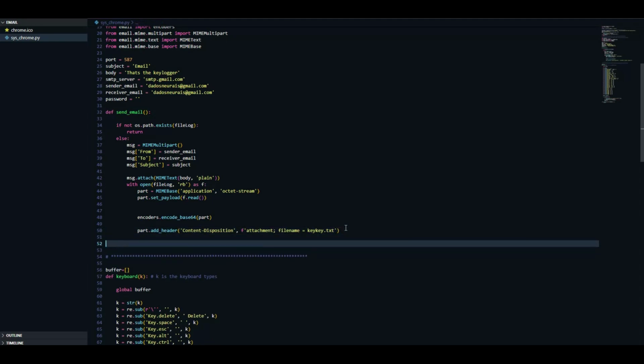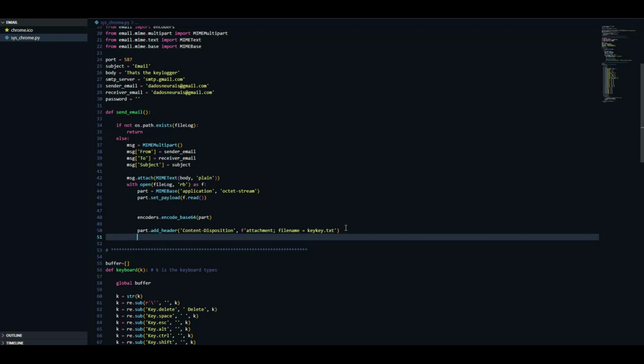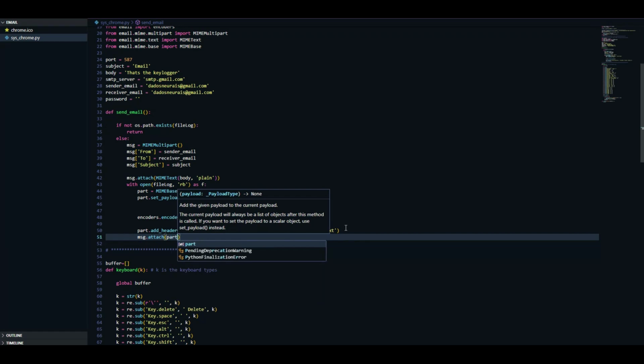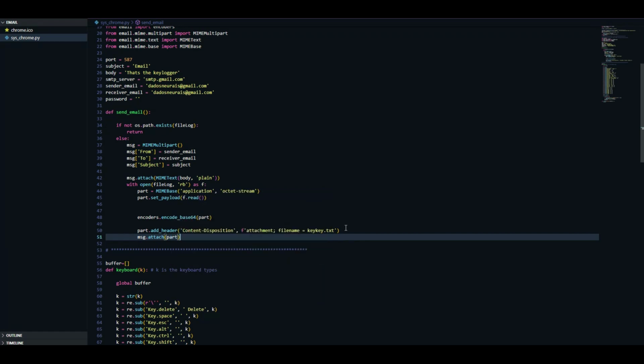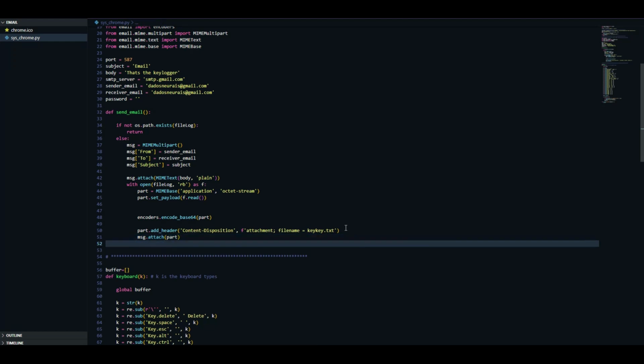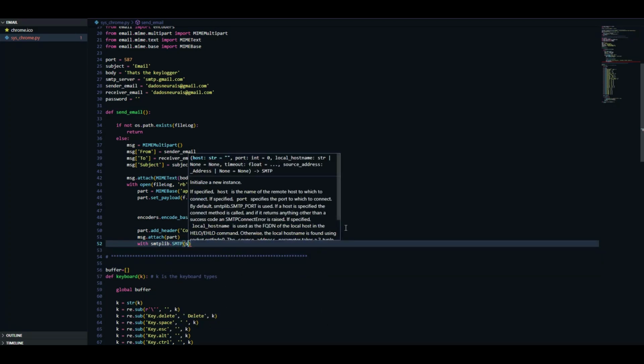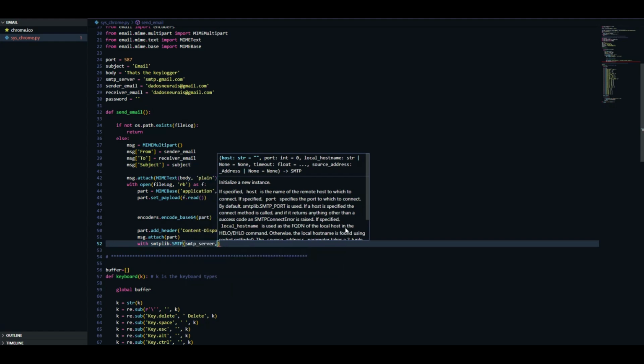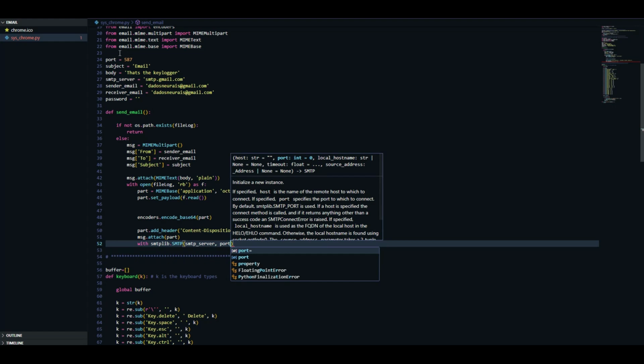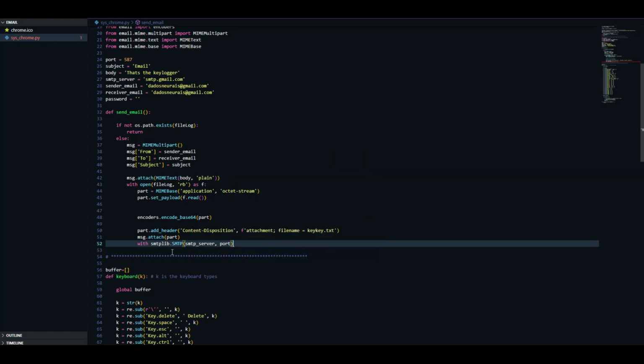Now let's add the file, message attach part. Now we need to log in and send the email to ourselves. So with smtplib.SMTP server, port, the port we have put, 587, as